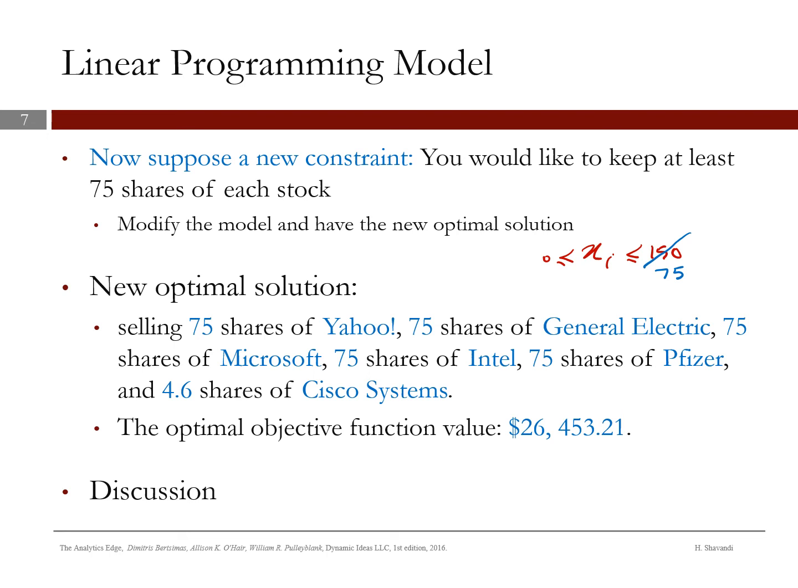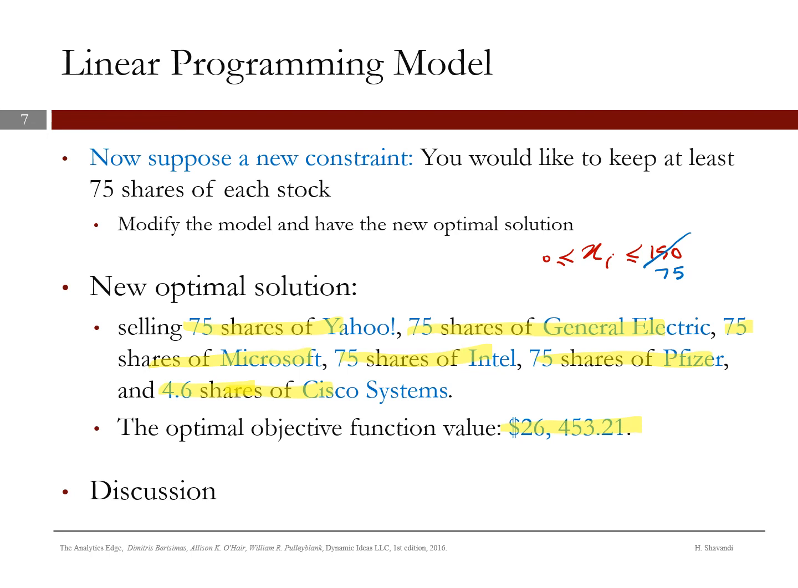So by having this modification, we need to solve the model again, and if we do, we would have a new optimal solution. As you see here, in the new optimal solution, we are selling 75 shares of Yahoo, 75 shares of General Electric, 75 shares of Microsoft, 75 shares of Intel, and 75 shares of Pfizer, and just 4.6 shares of Cisco Systems. Okay, so now we have a diverse portfolio for the next year. And the new optimal objective function value would be this,